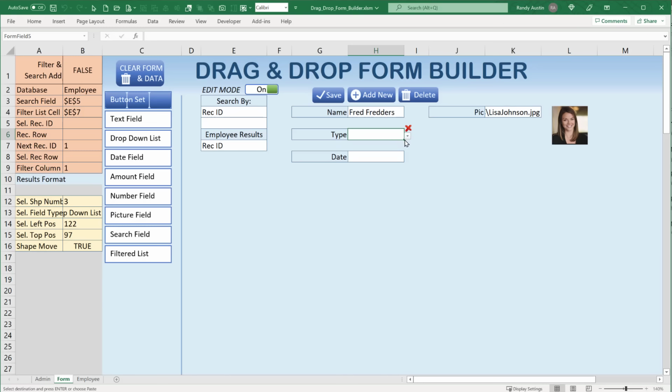Now we have that drop down list. Careful not to click the X. I think it's a little bit close on there. Taking off the edit mode would certainly help. That wouldn't come up. Right, so we'll save this employee and we'll have him show up here as we change